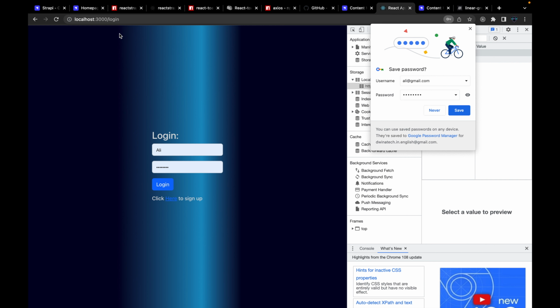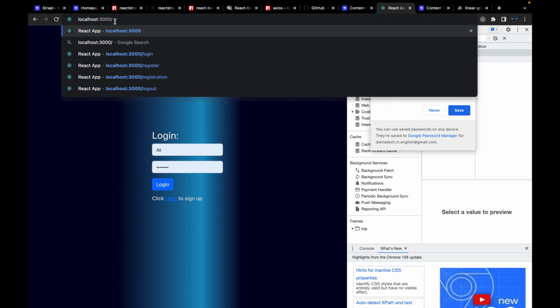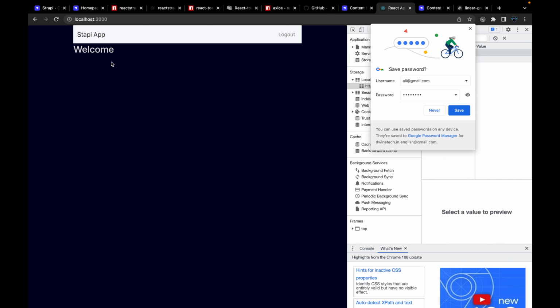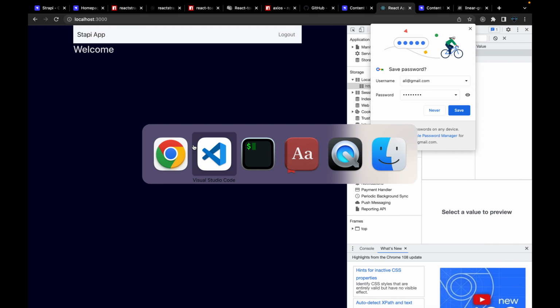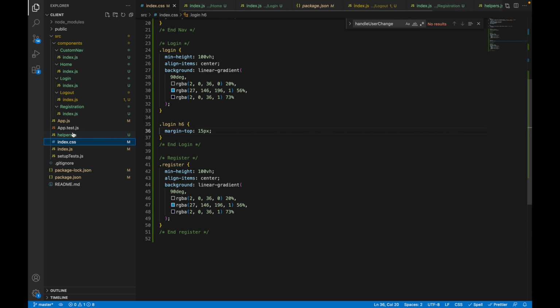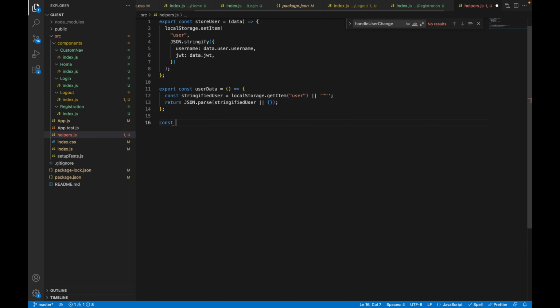And the last thing we need to do is basically to protect, for example, the home page. You cannot access this page without login. How to do that? So now if we try it, we can access it even without login. As you see, we can access the home page, but we didn't even log in. So how do we do that? We can create a protector function here. If we go to helpers, let's create a function, first export it,